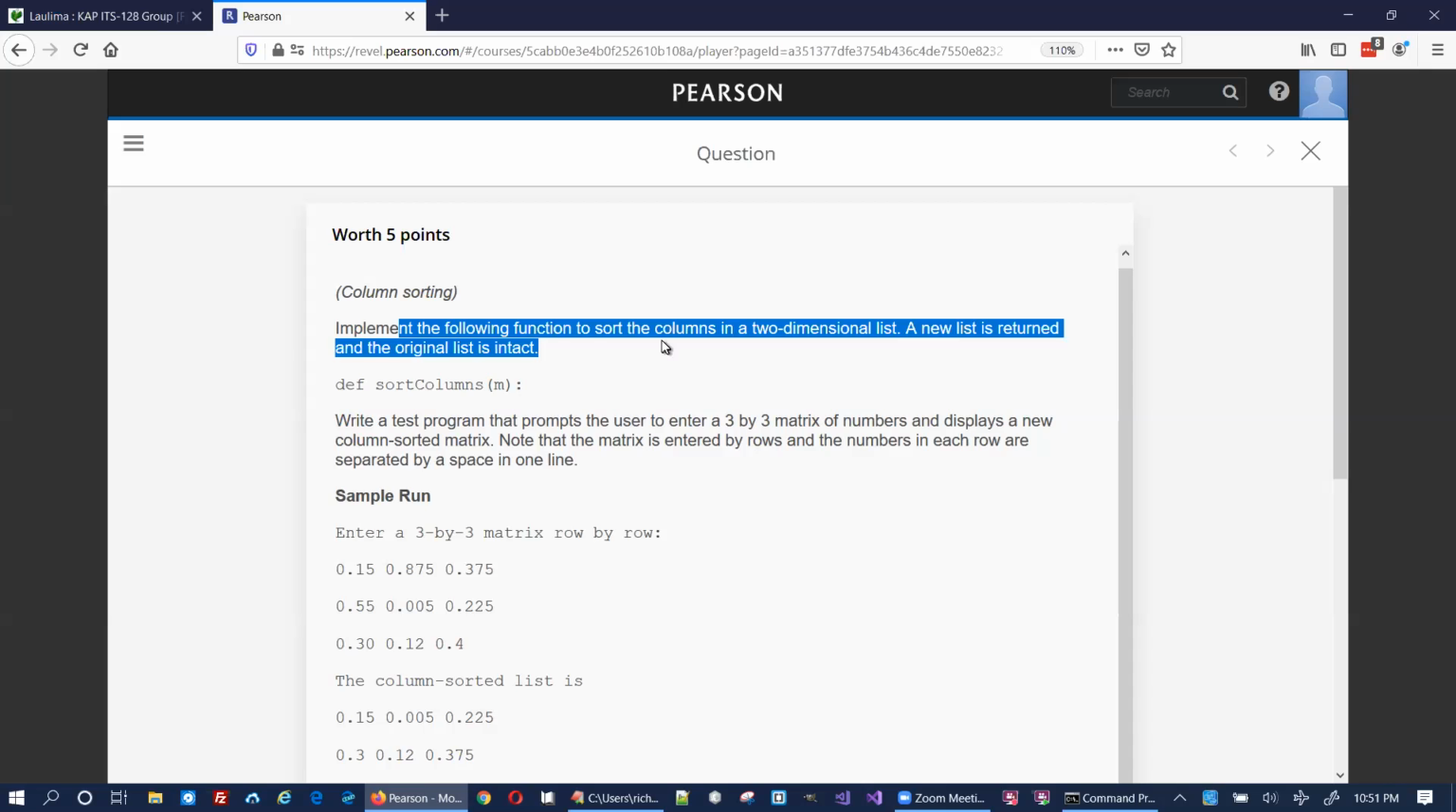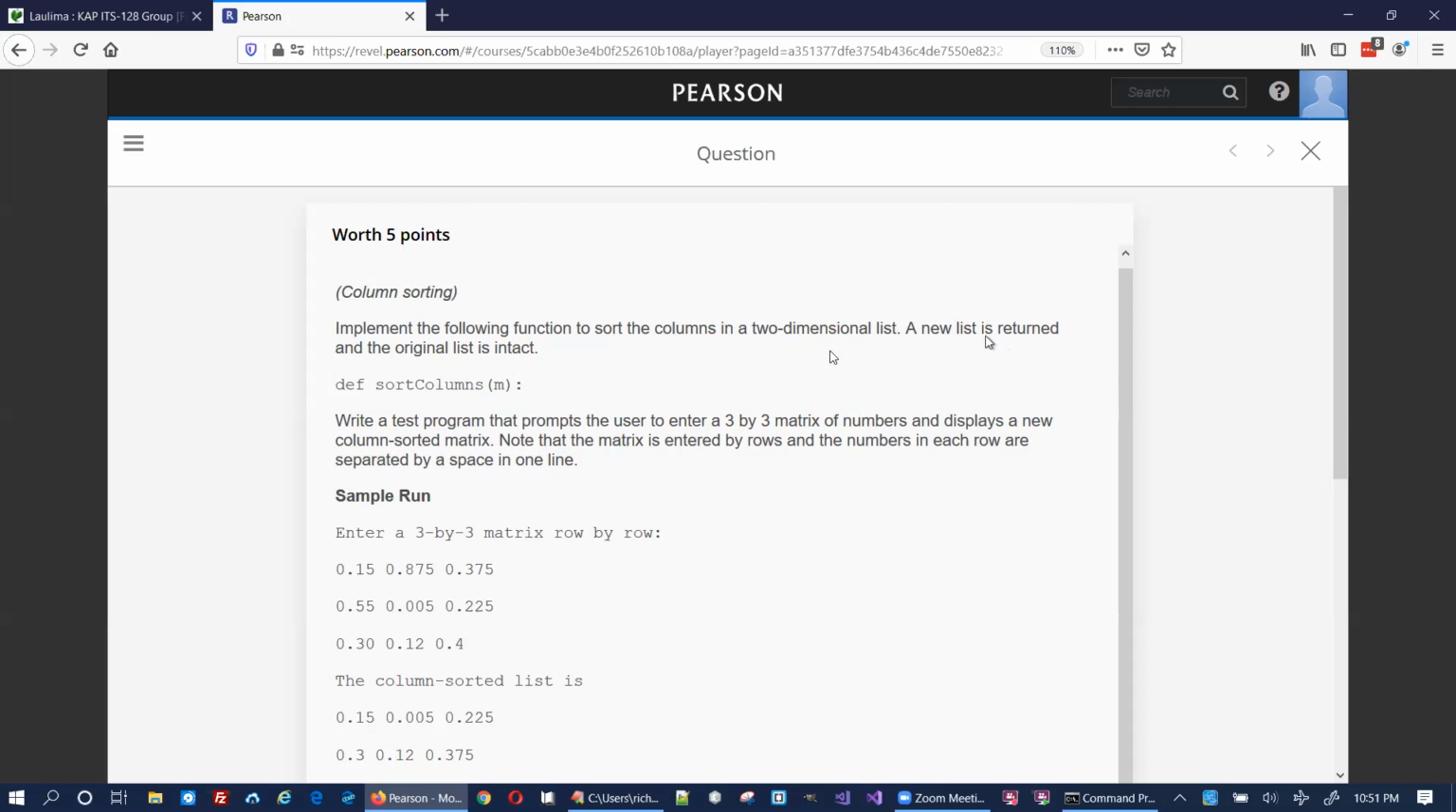Implement a function to sort columns in a two-dimensional list. The new list is returned and the original list is still intact. That just means we have to make a copy of the list or the matrix. Once we get it in, we're going to make a copy of it, and then we'll sort those columns and